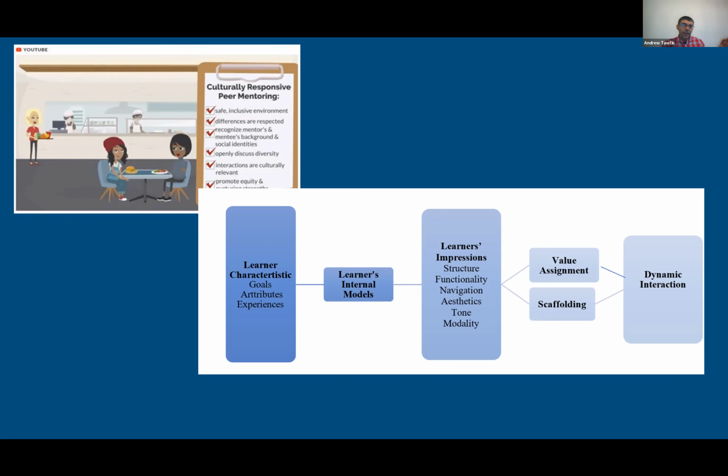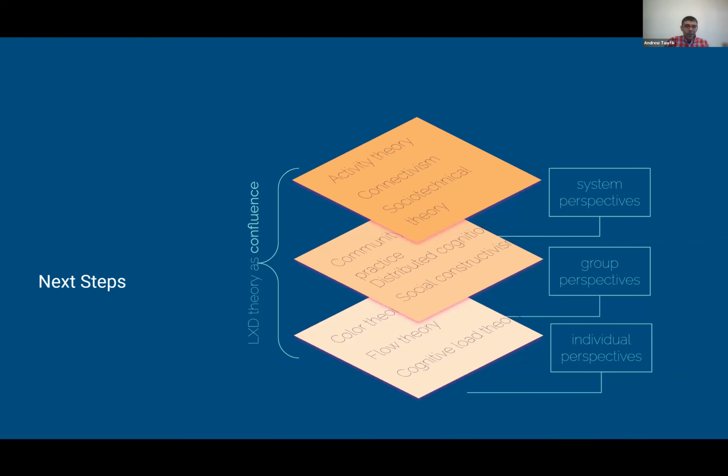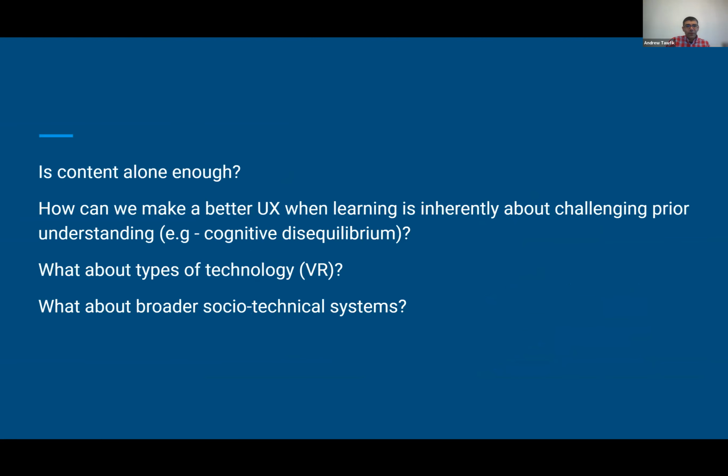and we're trying to build learning technology that would help address that. But one of the things that we're also talking about is trying to understand different learner characteristics that play a role, especially around their goals, attributes, and prior experiences, which impact how they actually use the technology. But I do want to leave time for question and answer, or maybe a further discussion about some of these different things.